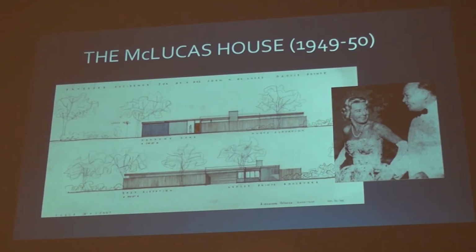Kitty McLucas and her daughter Jinx were literally the jewels of Grosse Pointe society. Everyone just absolutely loved them, and just absolutely fascinating. So you maybe understand that only someone with a lot of social clout could build a house like this in a prominent location. Those other houses, the Girard house, the Goodenough house, and the Rieveschl house, were all in the Pine Woods. So that area was kind of like, okay, you can do what you want in the Pine Woods, nobody can really see it. But to build something on Grosse Pointe Boulevard in Vendome